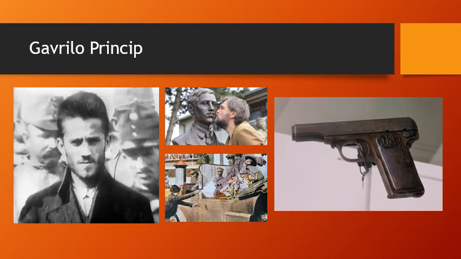And to some, he's a hero, but he was put on trial in the Austro-Hungarian area, and he was sentenced to 20 years in prison. But merely 4 years after this event, owing to poor conditions in the prison, he died of tuberculosis. We will discuss him at great length in the Black Hand episode, but for the time being, that's it for you, Gavrilo Princip.